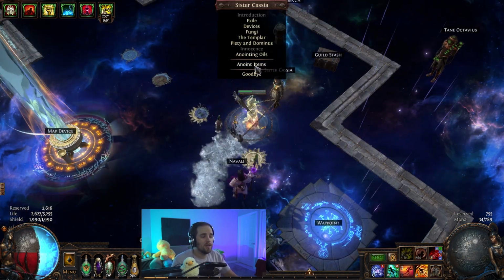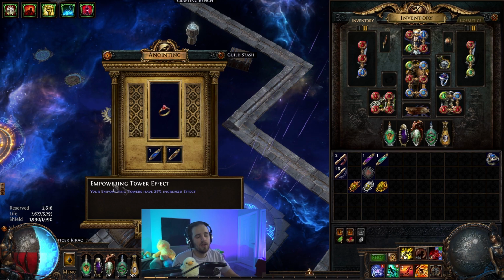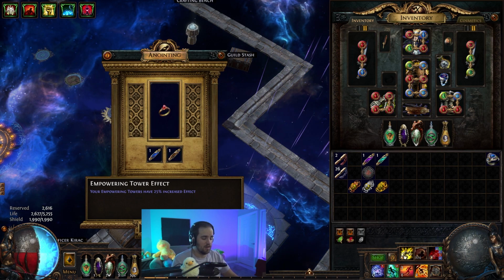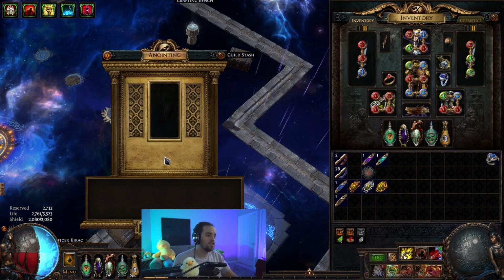Now, this enchant is going to make your empowering towers stronger, so you put your ring in there with the azure as well as the sepia. Empowering tower effect is increased by 25%. This is extremely powerful for my particular strategy that I'm using, which is going to be used